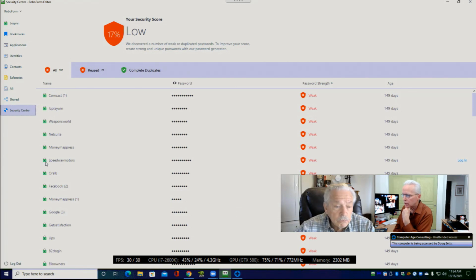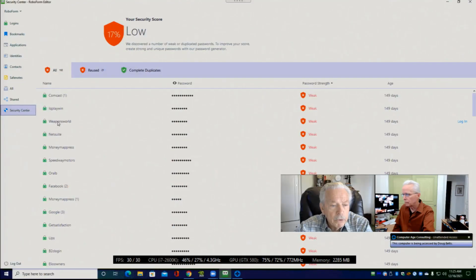Over here, let's see, that's not showing as clickable. I want to try clicking on one of these and see if it takes us to that website. Can you pick one of these that's okay for us to pick on and maybe even go change the password for it? Yeah, try that Weapons World. Weapons World? Okay. So I'm going to blur the screen here just before I click on that and see if that'll actually take us to it.